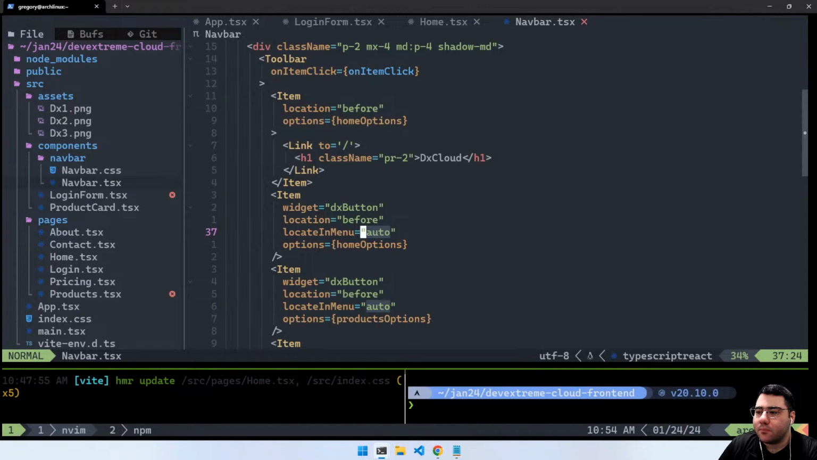Cool. Yeah, I'm already checking that documentation as you're coding here. I'm already checking the documentation of the toolbar, and it's got a section which is adaptability,